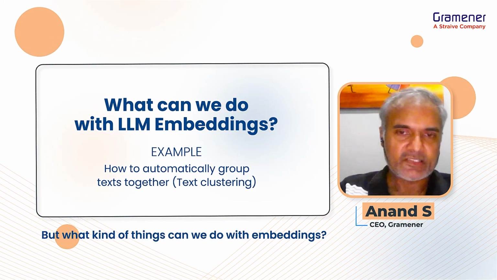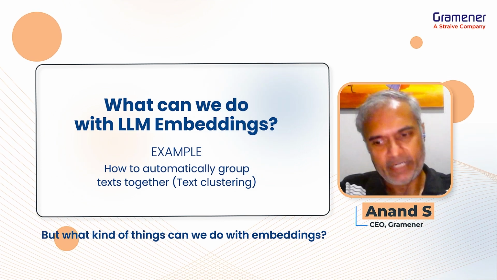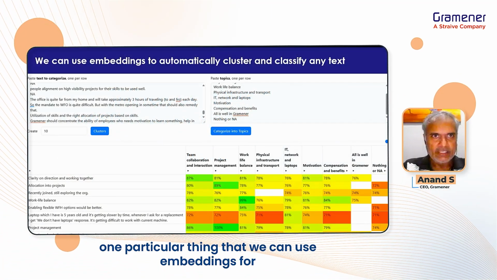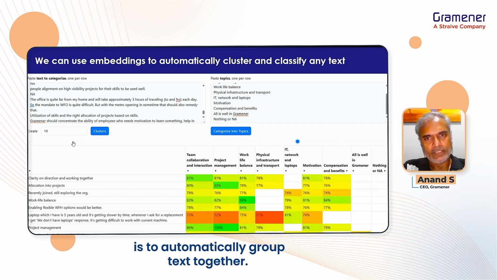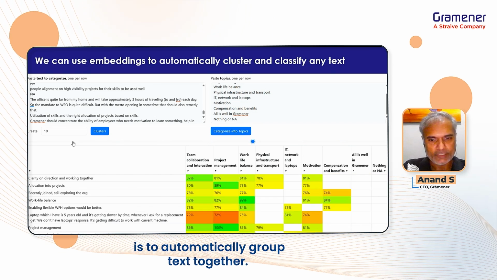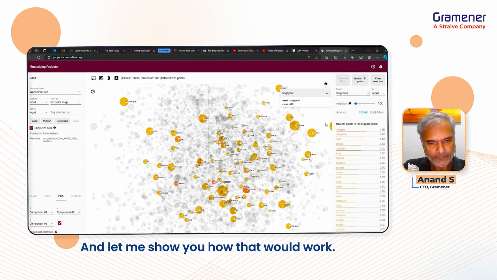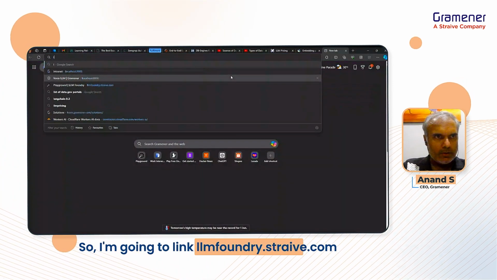What kind of things can we do with embeddings? One particular thing that we can use embeddings for is to automatically group text together. Let me show you how that would work. So I'm going to